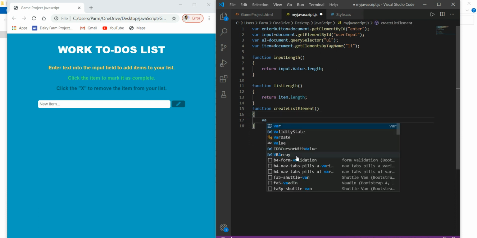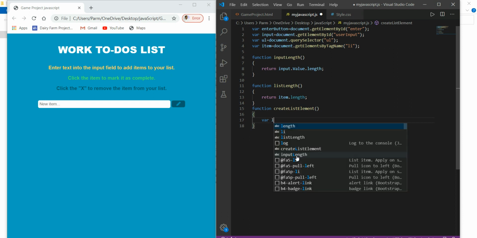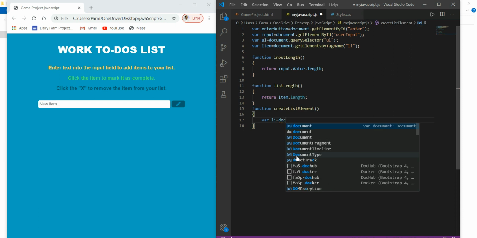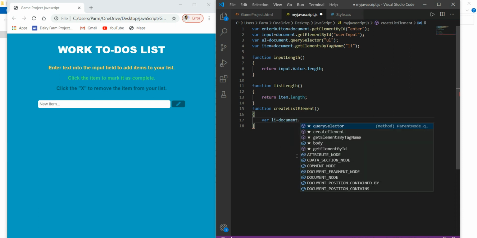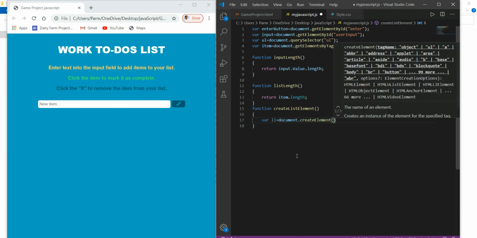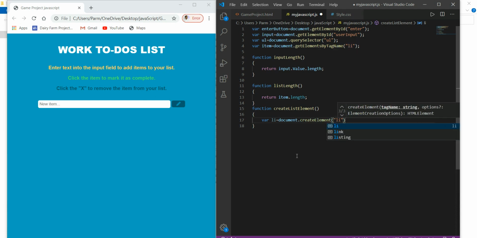So here I'm declaring another variable, say li, and to this we have to use the value document.createElement, and since we want to create a list element, that is li. Here we go. Then whenever we get an item in the list, we have to append that item in the list.